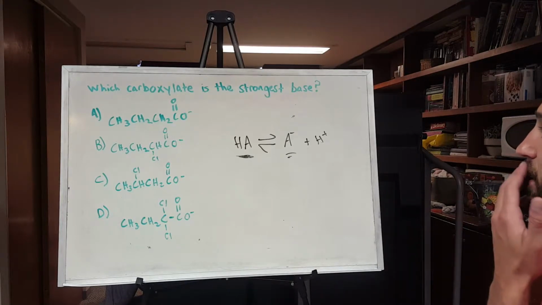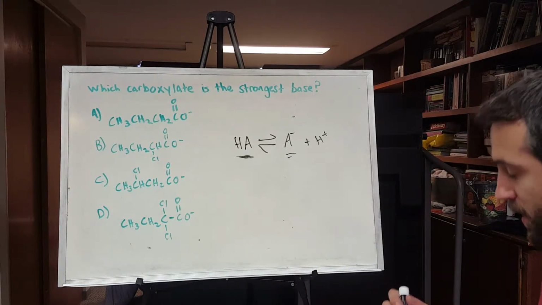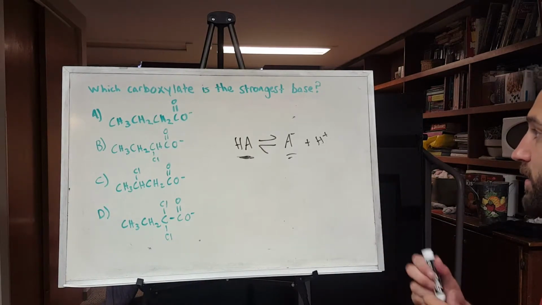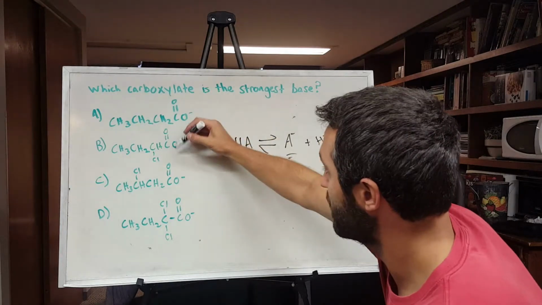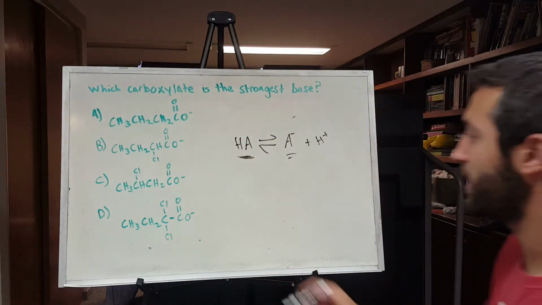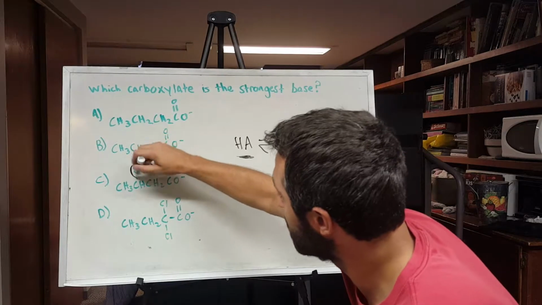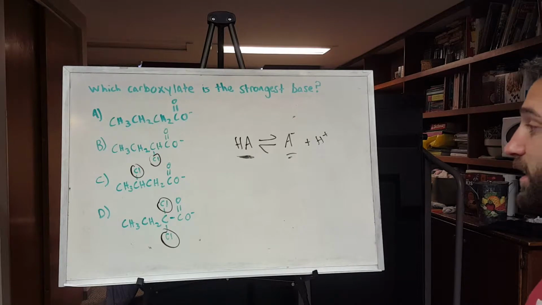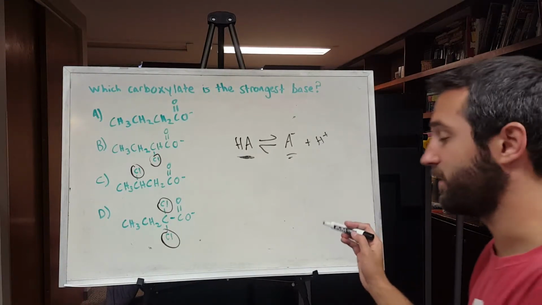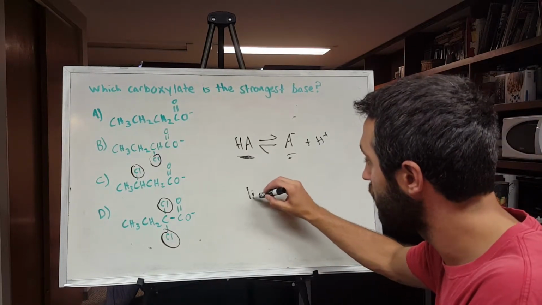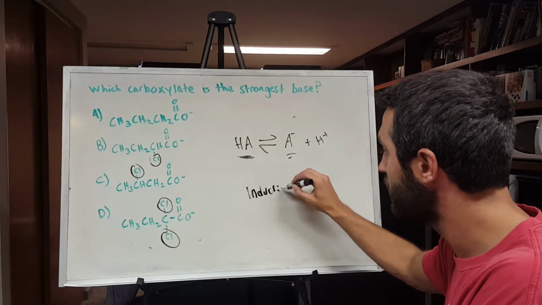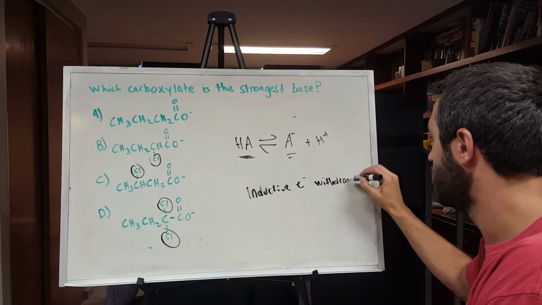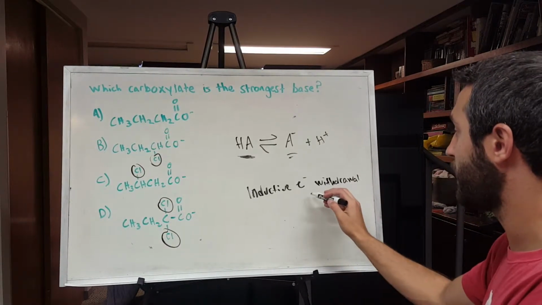Okay, so right now with all these bases, we're looking at the base. We want to see how stable it is, right? Okay, so we have a minus charge on all these O's, and we have electronegative groups on these three carboxylates, right? So that is inductive electron withdrawal, and this seems to be involved in a lot of these problems they're asking in the study guide. So inductive electron withdrawal,